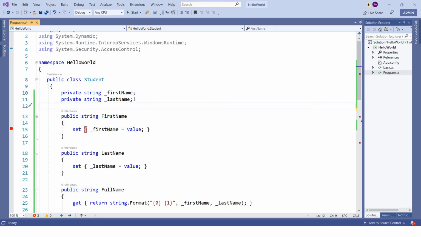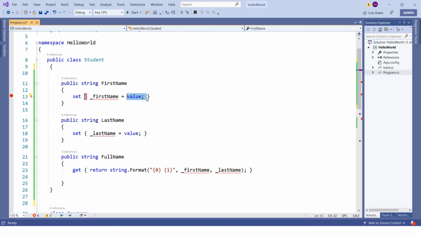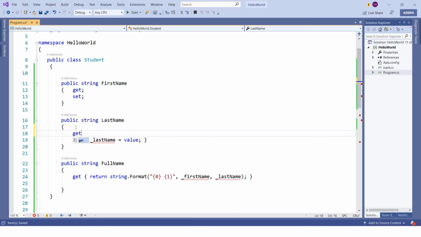Since this private variable is being used only within the class and it will be of no use outside the class, one way to implement this, if you don't want to hide certain data and your logic is just as simple as having the value and exposing it using your public properties, is to just remove this and simply have get and set, that's it. Similarly, get it and have set it.